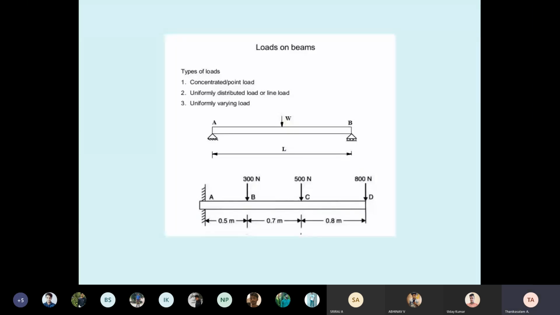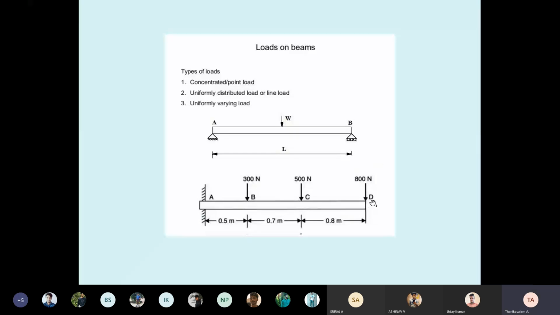It is represented by an arrow mark vertically downward, capital W. This is called point load or concentrated load. The load acting on a body at a particular point is called point load. You see the bottom diagram. Here there are three point loads: 300 Newton acting at point B, 500 Newton acting at point C, 800 Newton acting at